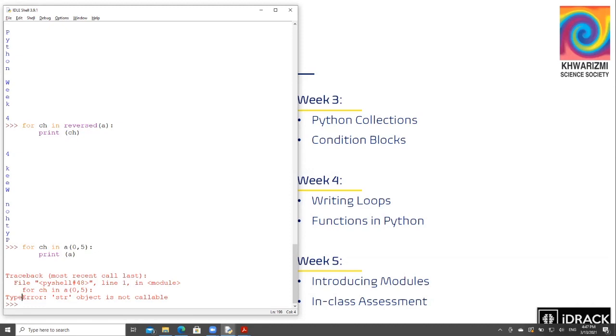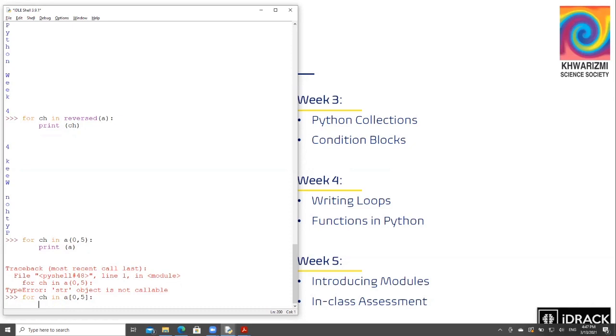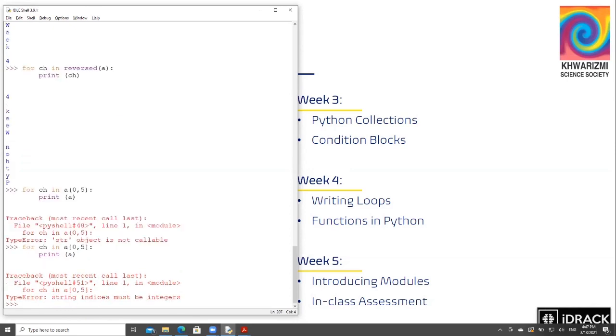Okay, let me try and use square brackets and see. Works now, or then we're going to just leave it for the next lesson and call it a day. Okay, no, it still doesn't work. So there's probably a different syntax, but essentially